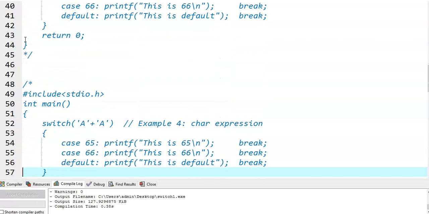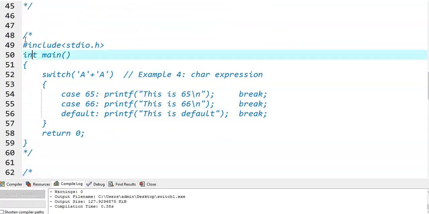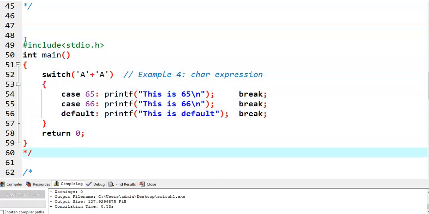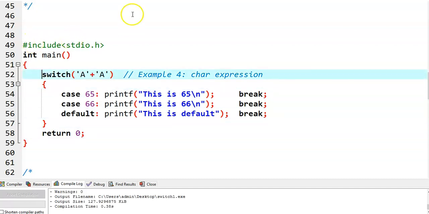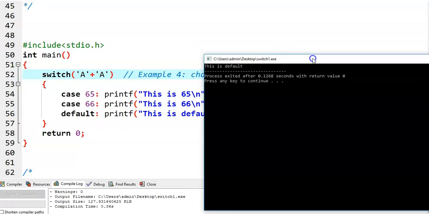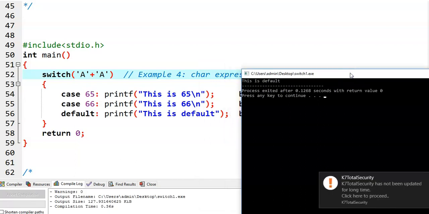Now we see another example. Here I am giving an expression which is containing characters. Now I will remove comments. Here, what is capital A plus capital A? First of all, we run this program and then we analyze that particular case. What is the output we got here? This is default. Why? Because